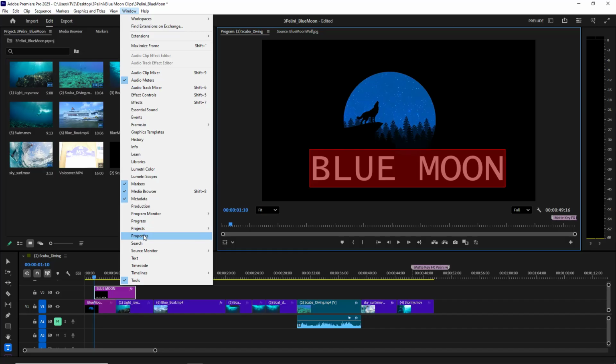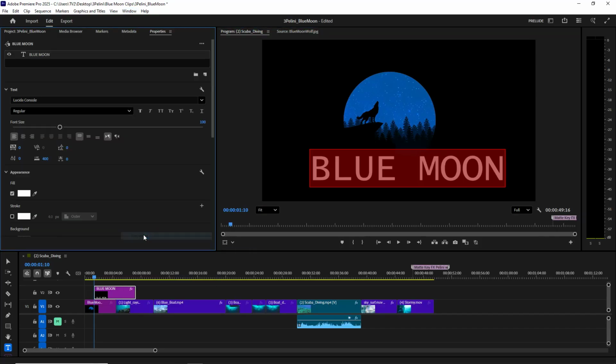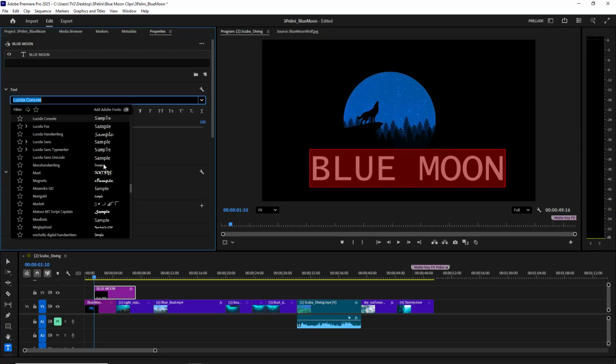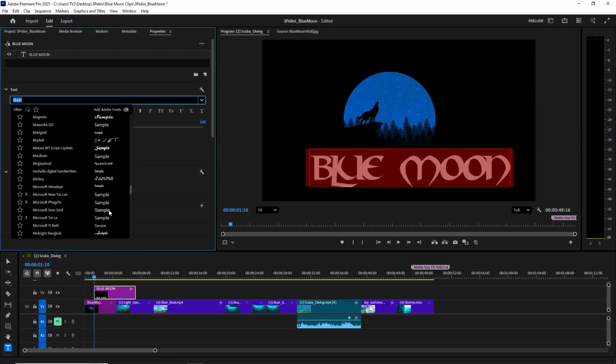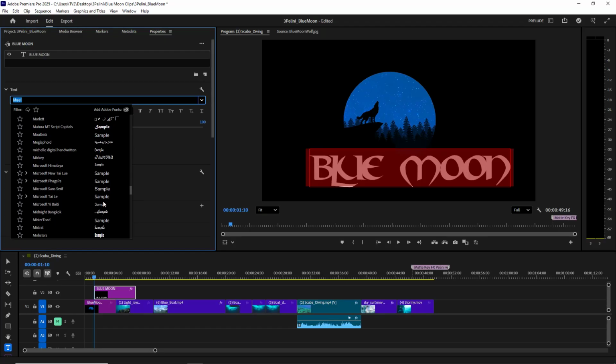This is the only time you really ever use that toolbar at the top except for autosave. Properties. And so properties is showing me what I want to do in this case, the font, the size, the color, the space between lines, all of that. So it opens up here in a little window. And then now I can change the font. So I want a font. You don't want to pick a font that's hard to read, but you don't want a basic one. So let me pick, for instance,